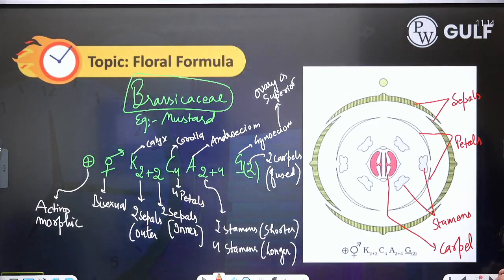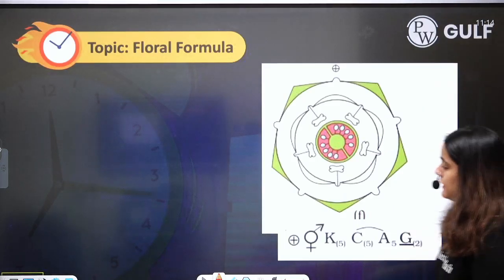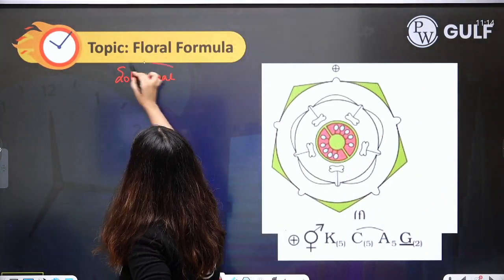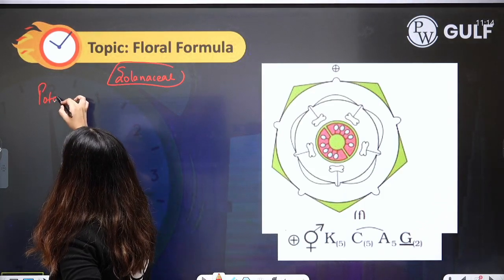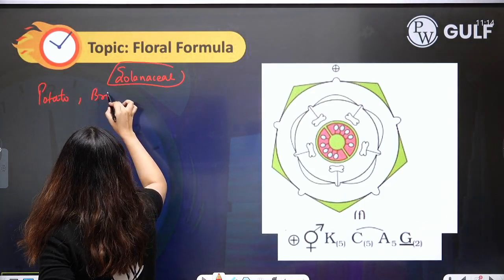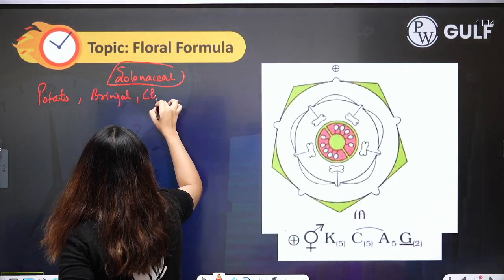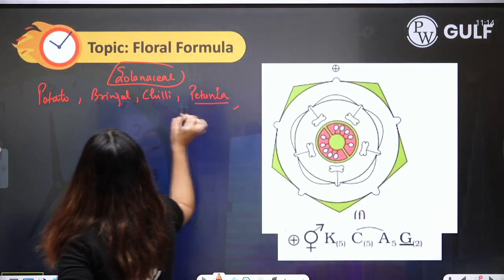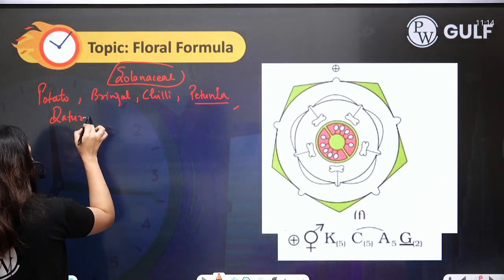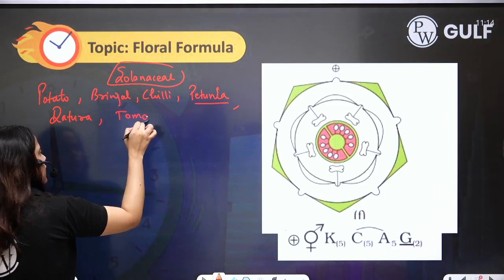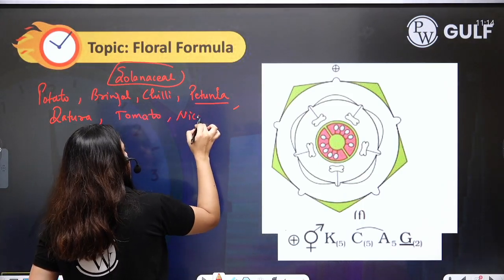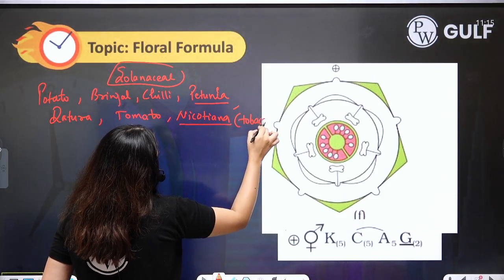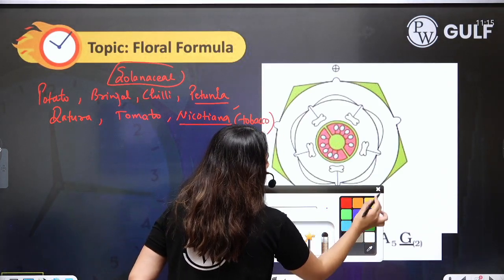The last family in your syllabus is the Solanaceae family. Solanaceae family examples, I'll write it again: potato, brinjal, chili, petunia, datura, tomato, Nicotiana, which means tobacco. Right? Its formula is